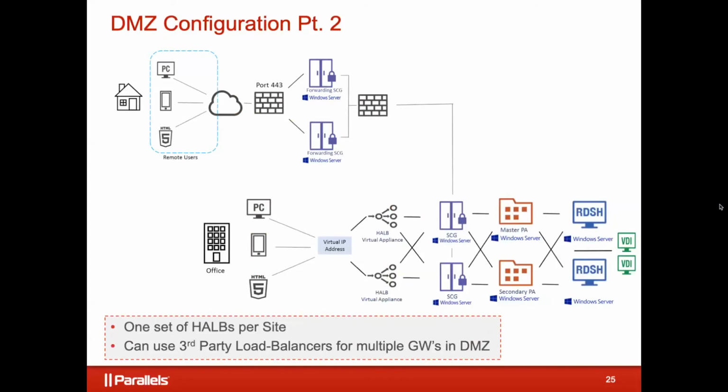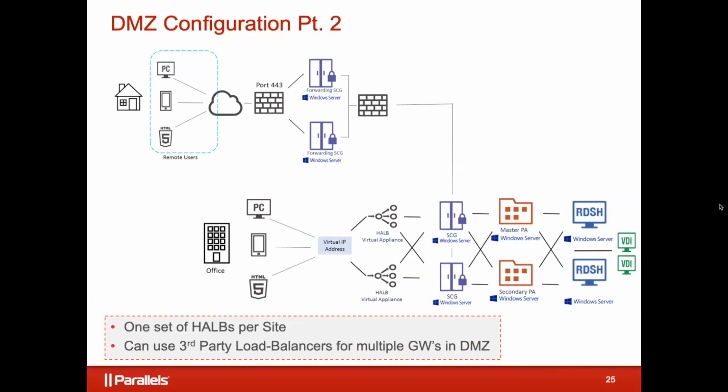So if I put the HALB internally, as I've done here, right, then my internal users are load balanced using the HALB to the gateways, etc. Hunky dory, we're all good. But look at my external users. I can't also put another set of HALBs up there. It's beyond what the product can do. So at this point, my external users aren't load balanced, but my internal users are. Right? So maybe that works for you.